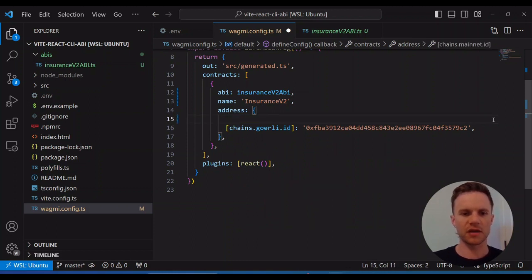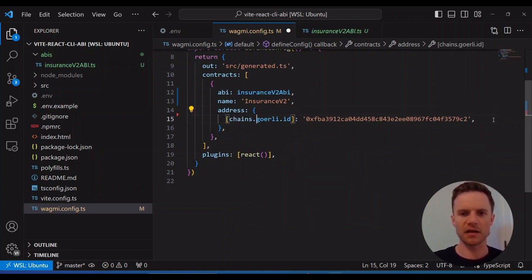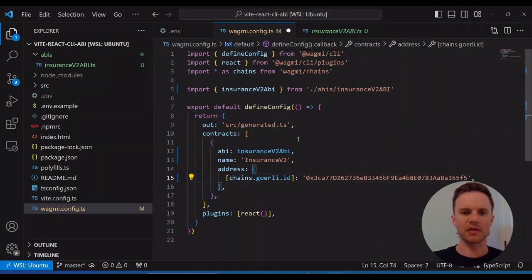So we're not going to use mainnet, so I'll delete that line. And then I have the contract address here. I'll copy and paste in. So I've already deployed our insurance v2 contract to this address on Goerli. And then the one other